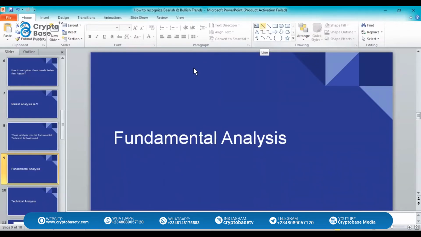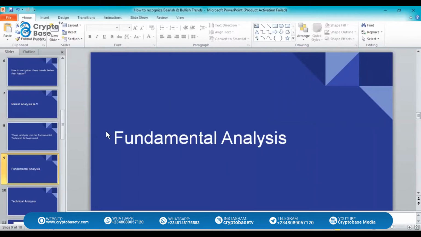So let's say, for example, you see a coin and the fundamentals are very, very good. You've looked at everything and you can spot it early. That is what we call looking at the trend. That's what we call fundamental analysis. That is what we call determining an uptrend before it happens. So you can use fundamental analysis to determine an uptrend before it happens.